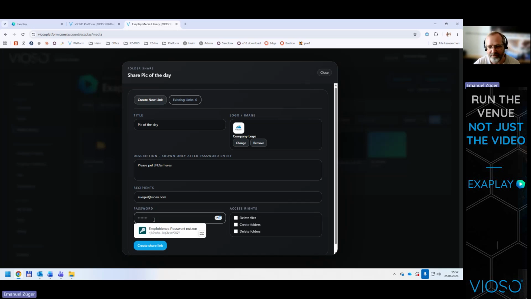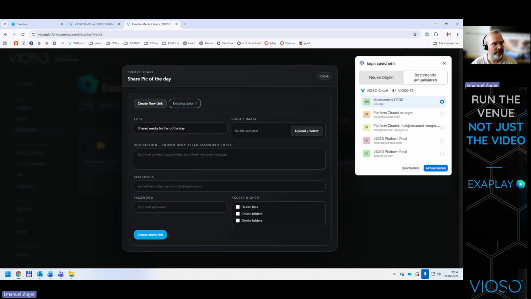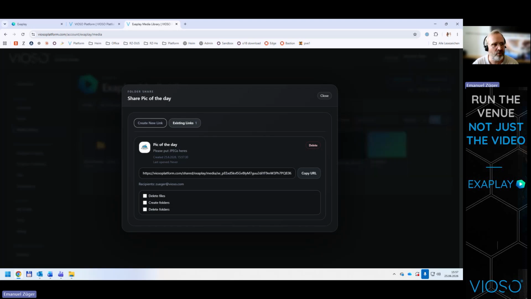Webinar, for example. Well, and we can decide, should the client just add pictures or also delete pictures? Is there something where they should add subfolders, delete folders? But in most cases, probably it's all about, can they add or can they also add and delete? So we create the share link. And now again, I get an email, or I can already see the link here. So a lot of the platform is communicated via email. So this URL